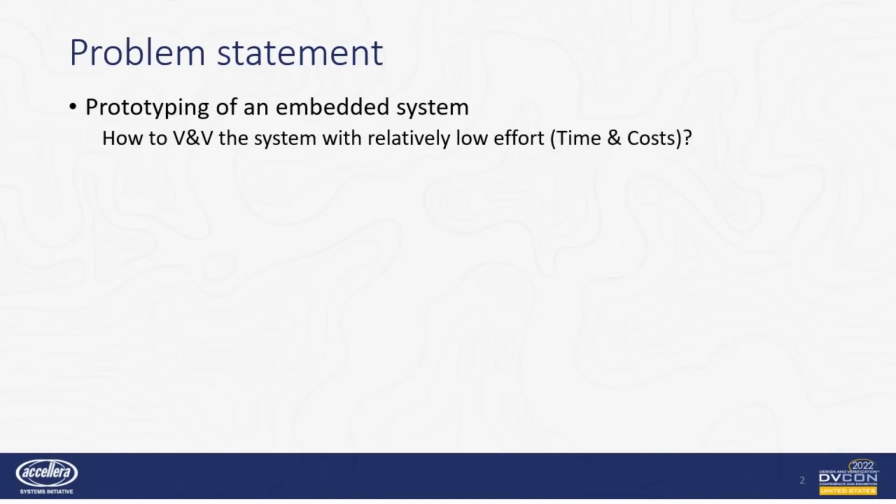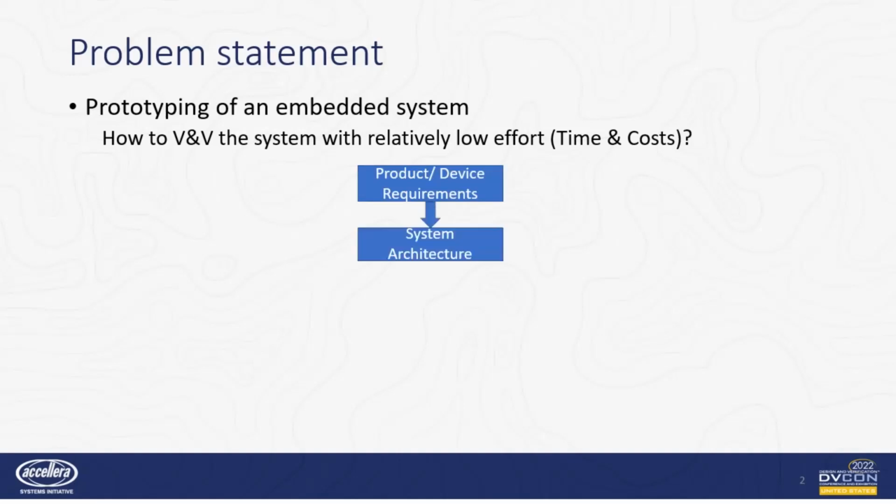Normally, this entails significant changes to the hardware-software co-design and co-verification process, possibly including the purchase of costly design and verification IP. To briefly recall the production or prototyping of an industrial-grade electronic device like an ECU, first, product device requirements and specifications based on customer demands are set up. Then, the system architecture is defined. From this, a selection of components that meet the specification is done. Among them is the MCU, microcontroller unit.